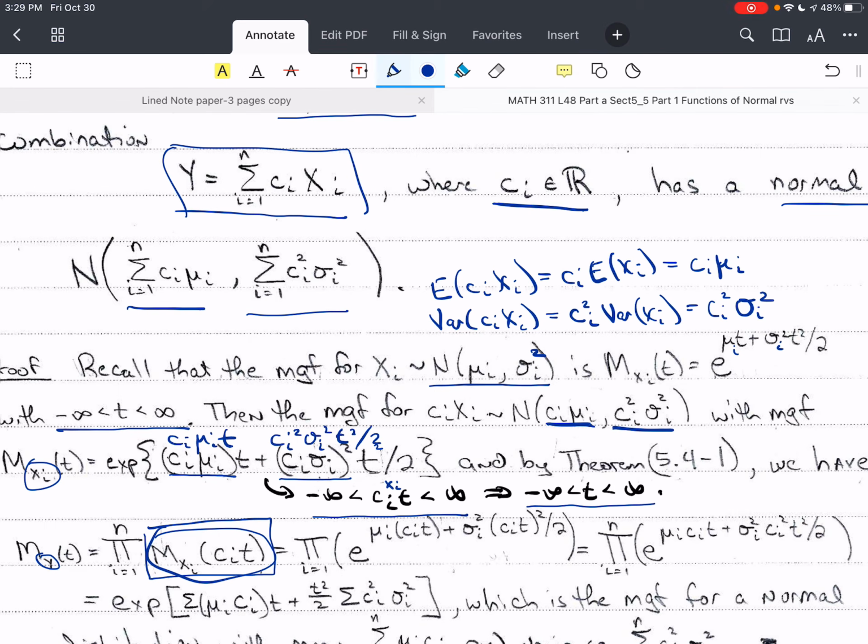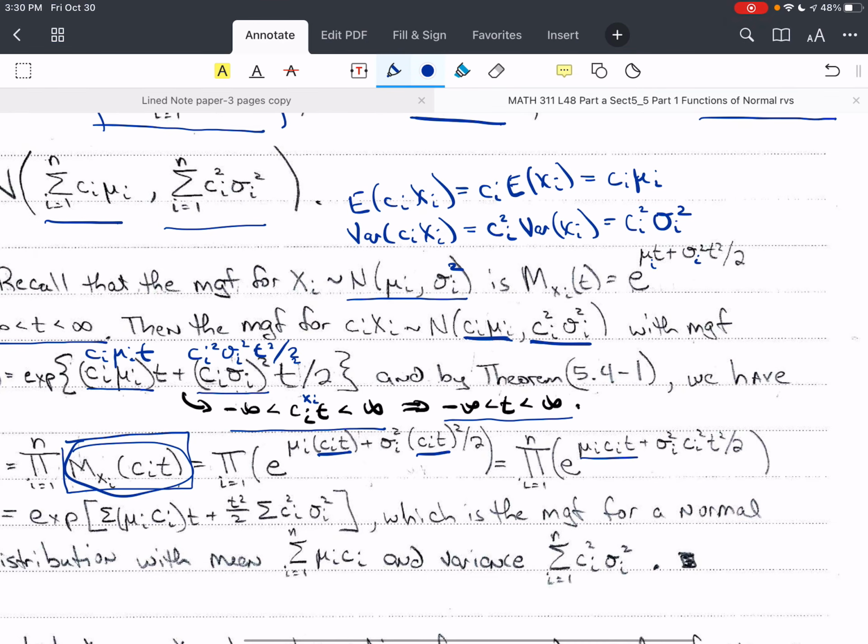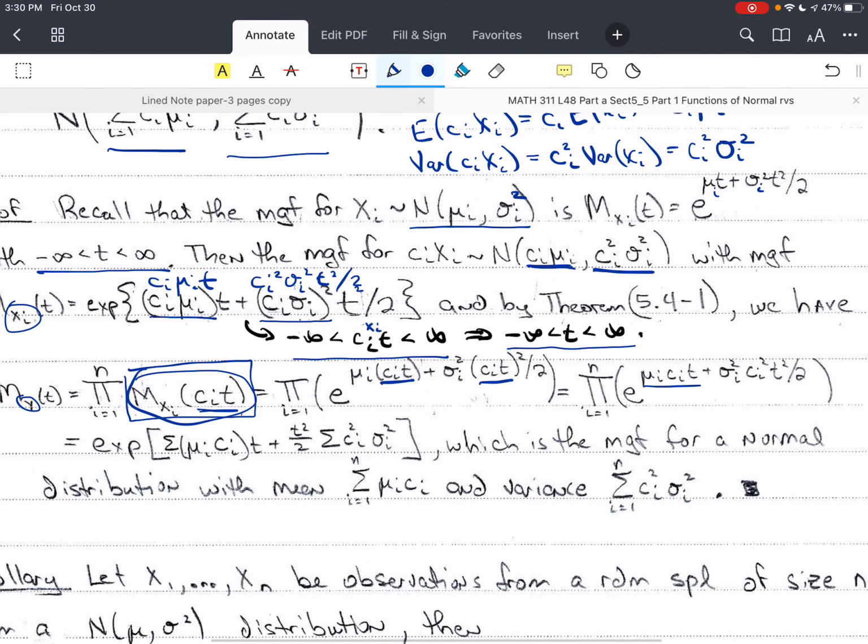And so I can rearrange, and that's what we've done here, we've rearranged ci with t. We did that to show that this was ci t here. But we've expanded that without the parentheses, and then we've said that, okay, we need to set this equal to